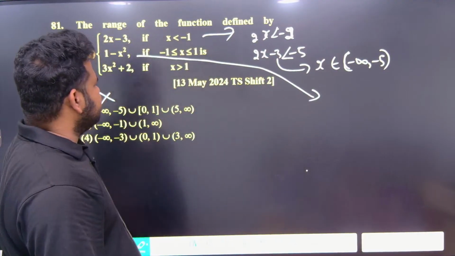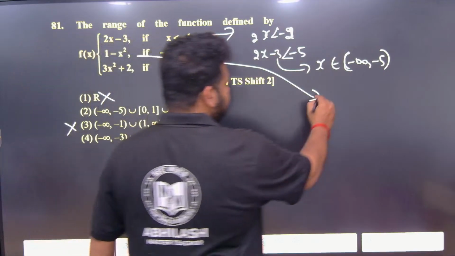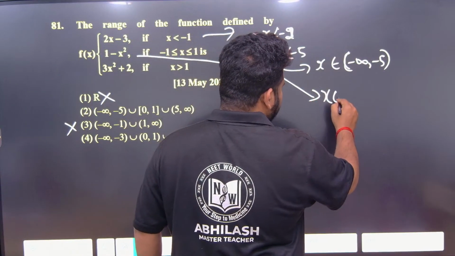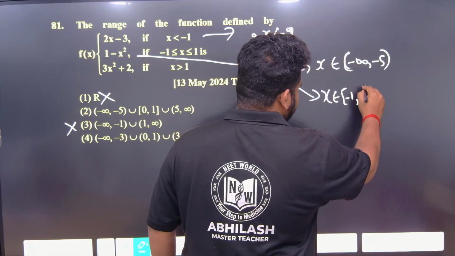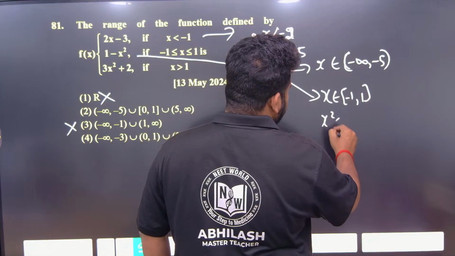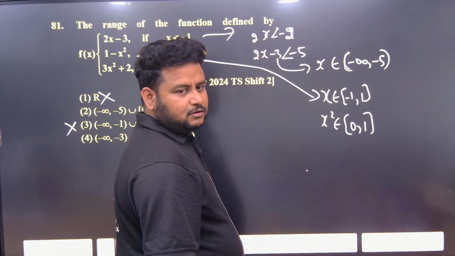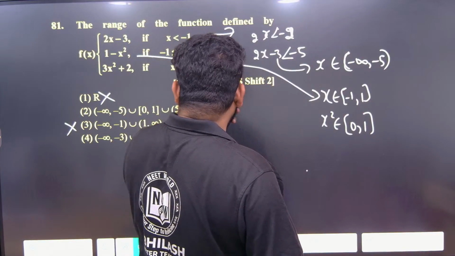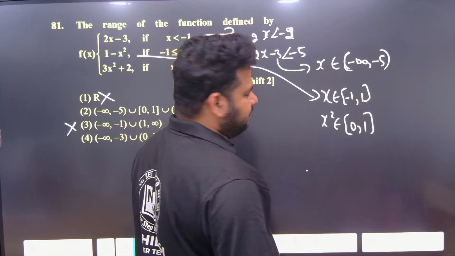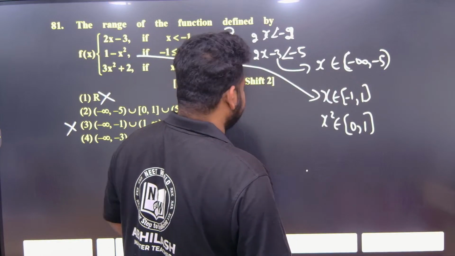Okay, 1 minus x square. X belongs to what? Minus 1 to plus 1. If I take x square, it belongs to what? 0, 1. It will belong to 0, 1. If I do 1 minus x square,